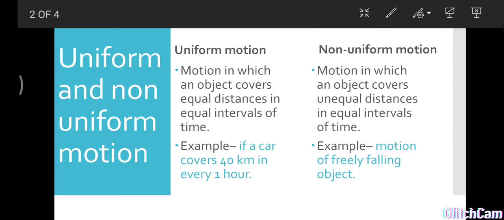Today we are going to see the next topic in the chapter motion. The topic is uniform and non-uniform motion. Uniform motion means the motion in which an object covers equal distances in equal intervals of time. In the same way, non-uniform motion means motion in which an object covers unequal distances in equal intervals of time. For example,